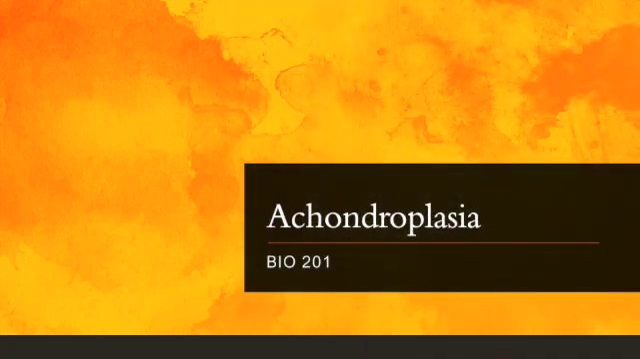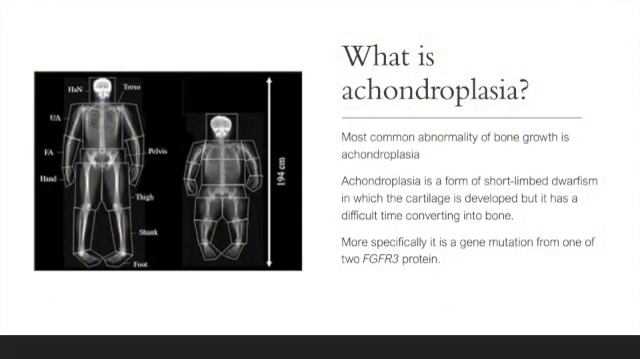My topic is achondroplasia. Achondroplasia is the most common abnormality of bone growth. It is a form of short-limbed dwarfism in which the cartilage is developed, but it has a difficult time converting into bone. More specifically, it is a gene mutation from one of the two